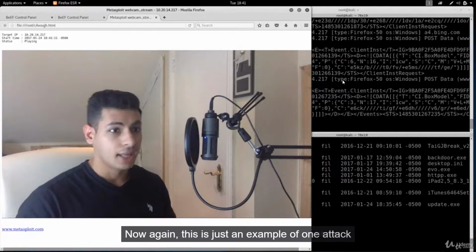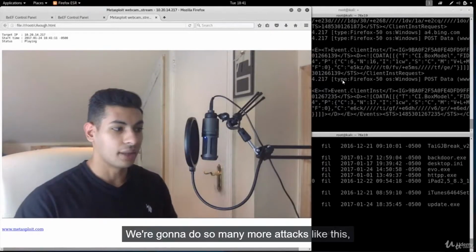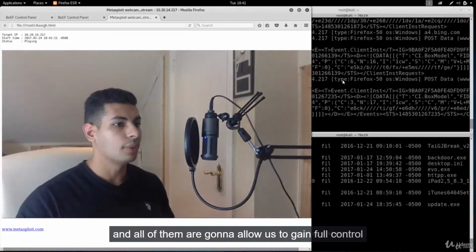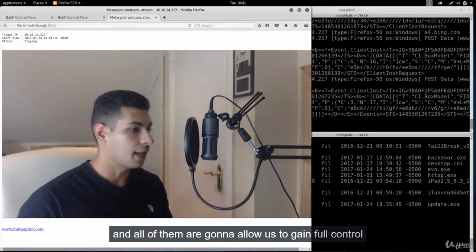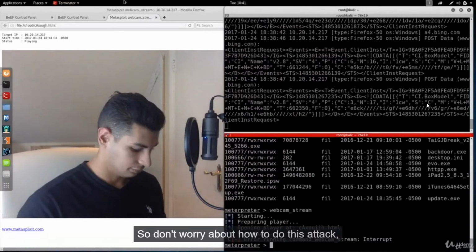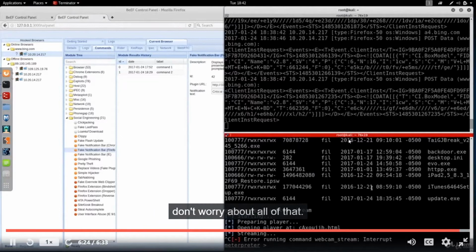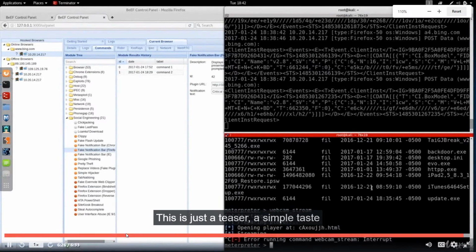Now, again, this is just an example of one attack that we're going to use. We're going to do so many more attacks like this, and all of them are going to allow us to gain full control over the target system. So don't worry about how to do this attack. Don't worry about the commands. Don't worry about all of that. This is just a teaser, a simple taste of the